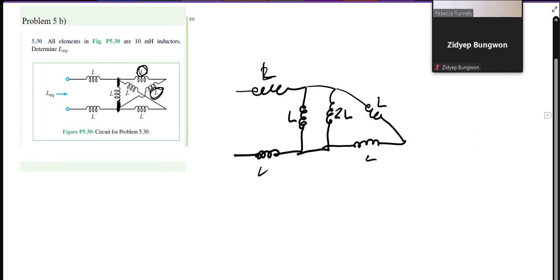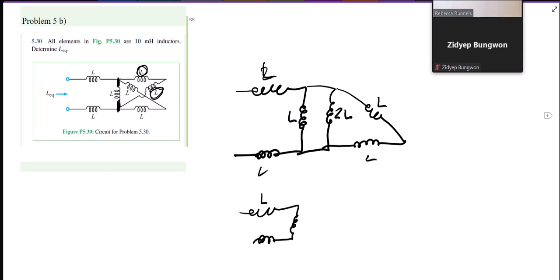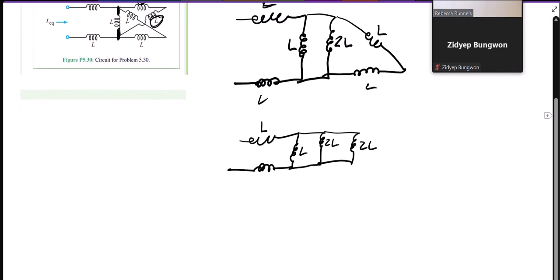Now this triangle over here, these two L's are in series. So I can add them together, and that becomes 2L. Now, I now have 3 inductors in parallel, but it's easy for me to look just at the last two. When I have 2 inductors or 2 resistors in parallel and they're identical, the equivalent inductance is half. And so a 2L inductor in parallel with a 2L inductor